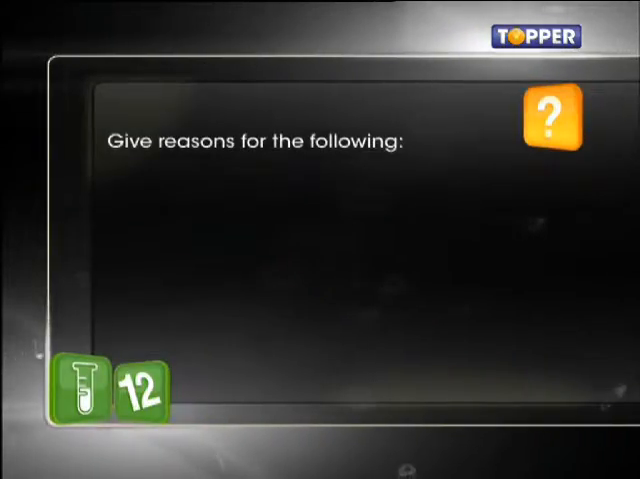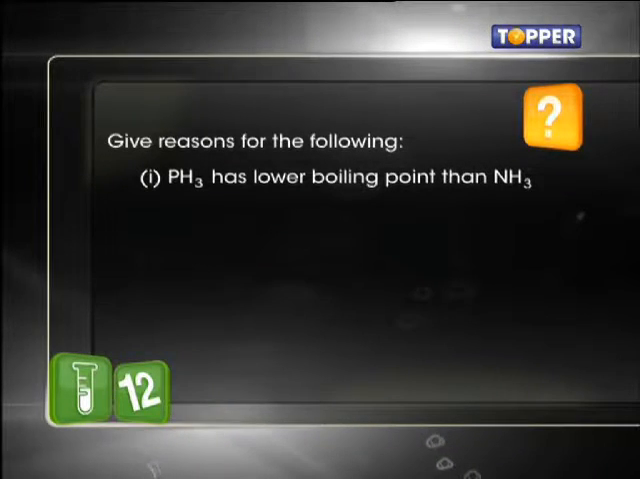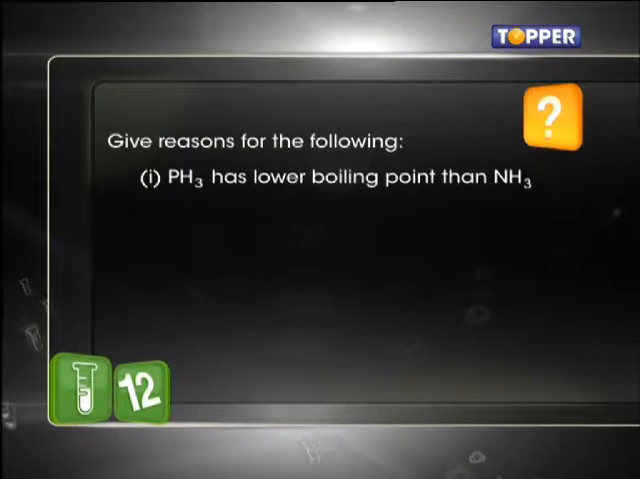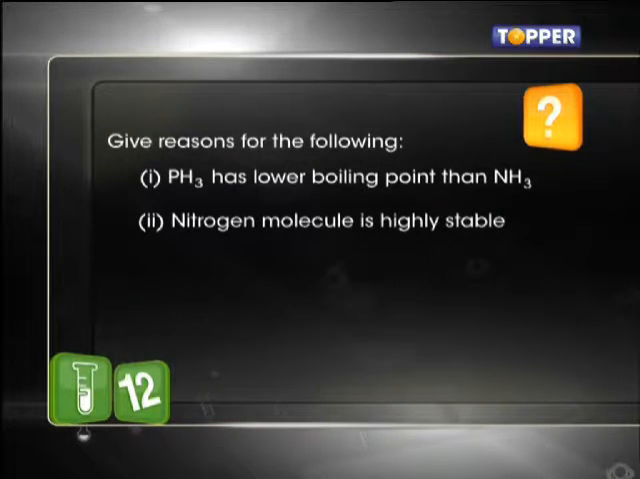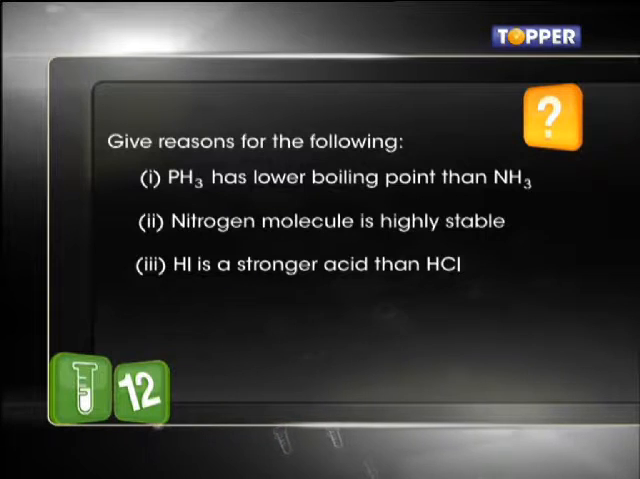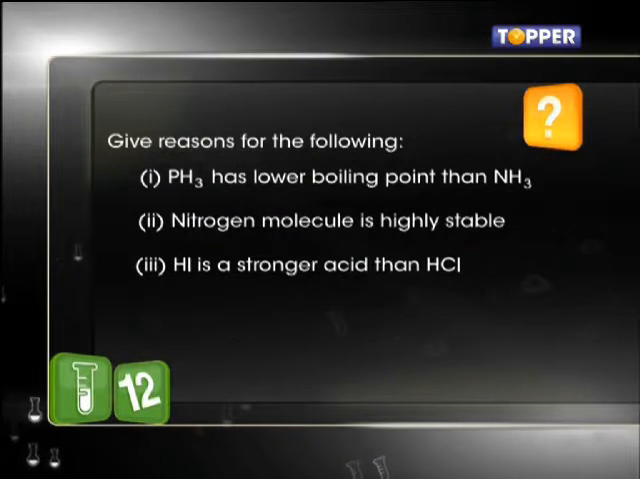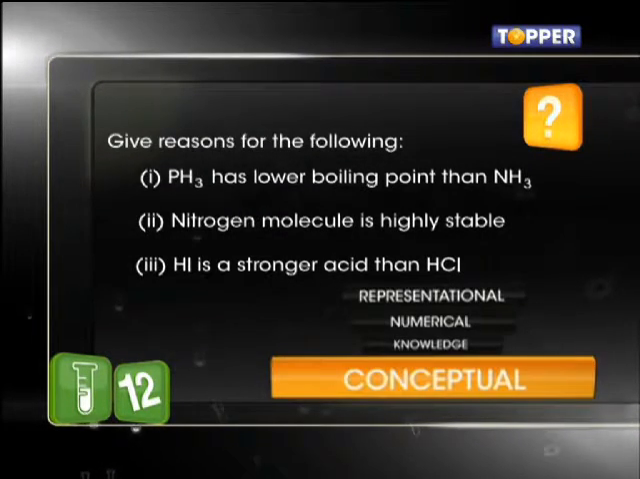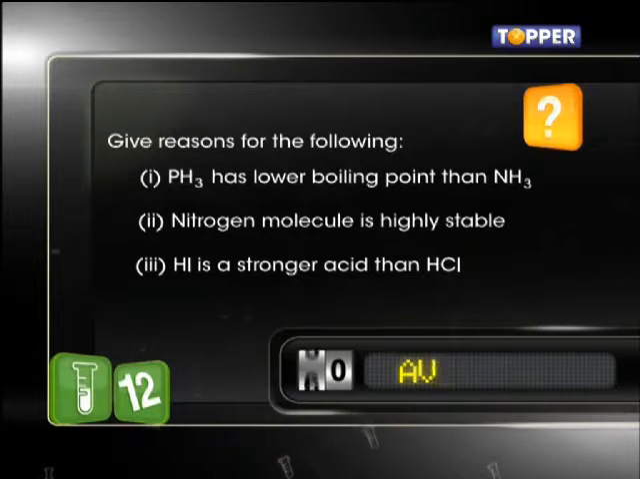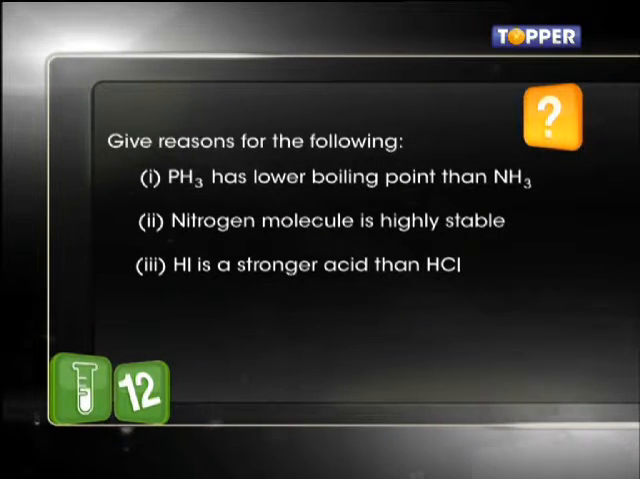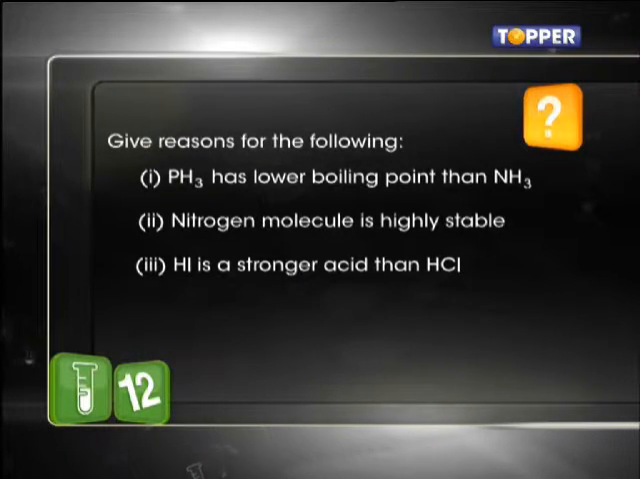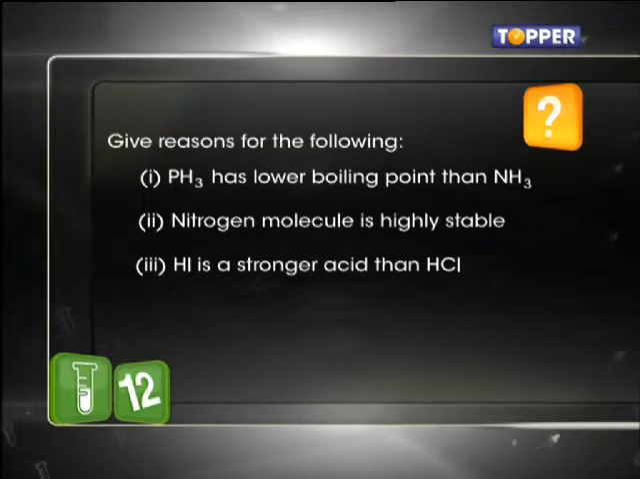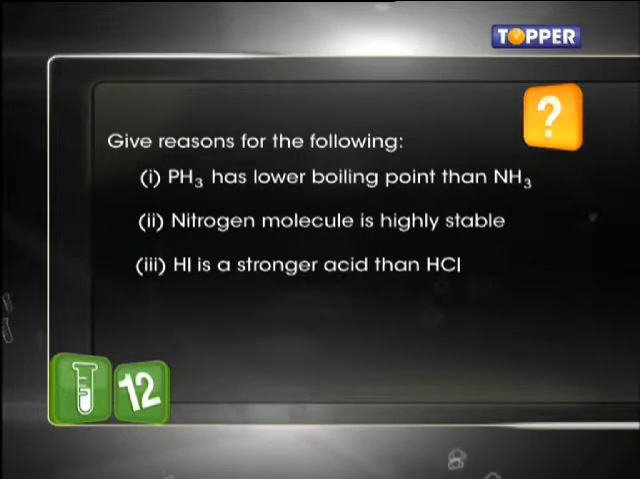Here you have to tell why: 1. PH3 has a lower boiling point than NH3, 2. Nitrogen molecule is highly stable, and 3. HI is a stronger acid than HCl. This is a concept-based 3 marks question and involves the application of 3 topics. So do not panic, read the question carefully and apply the concept of atomic size and hydrogen bonding to get